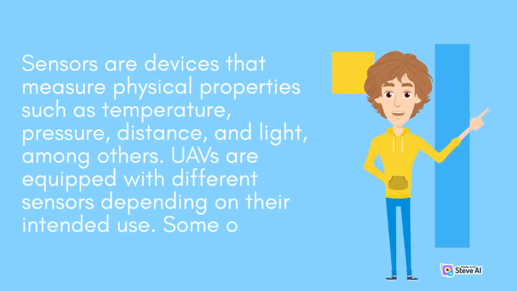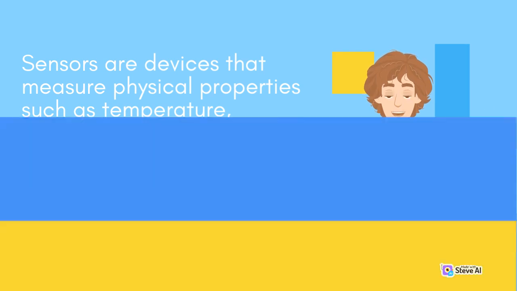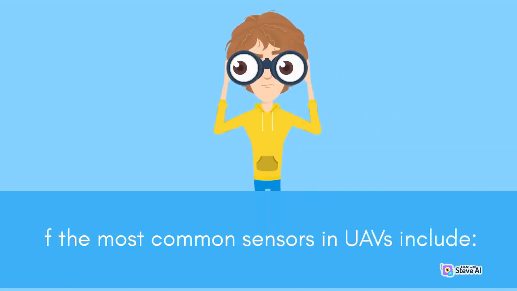Sensors are devices that measure physical properties such as temperature, pressure, distance, and light, among others. UAVs are equipped with different sensors depending on their intended use. The most common sensors in UAVs include